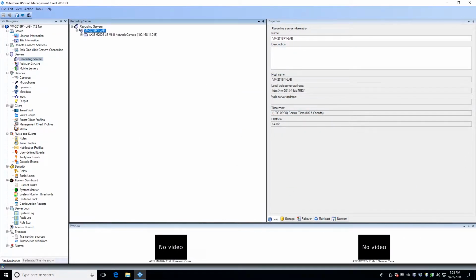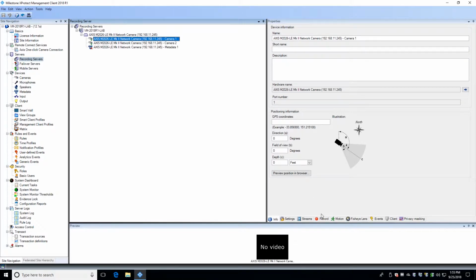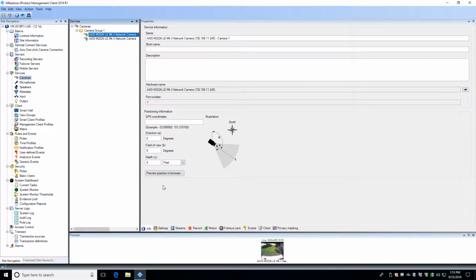Next, let's examine the camera settings. You can do this from the recording server, expanding the hardware and clicking on the camera, or from the Cameras node and choosing your newly added camera. Now's a great time to rename the camera if you wish to. Different organizations choose different naming strategies, but something that indicates the facility where the camera is located and possibly the manufacturer or IP address are all common strategies. Cameras show up alphabetically in lists, so naming cameras with preceding numbers or characters is also a common strategy.